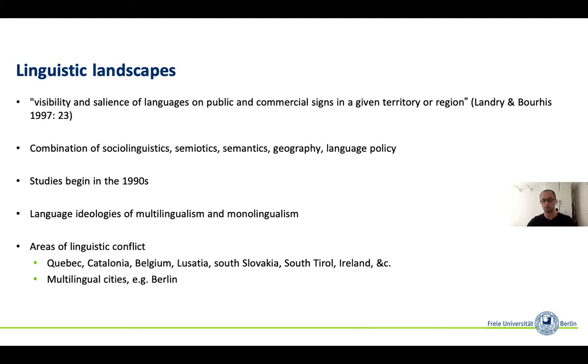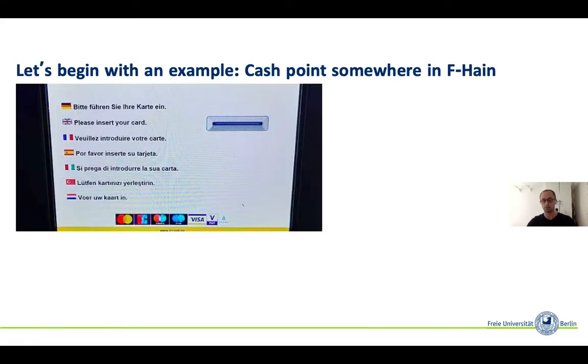Another particularly interesting example of areas where linguistic landscapes are interesting are multilingual cities, such as, for instance, Berlin, but also other big cities, but not necessarily big. Other cities where different language communities live together. Another important concept that is important when we study linguistic landscapes is the so-called imagined community. We're going to talk about that in a minute. Okay, so